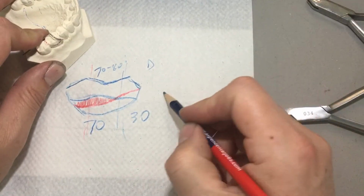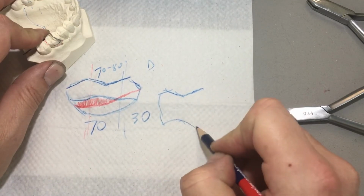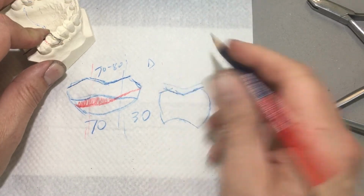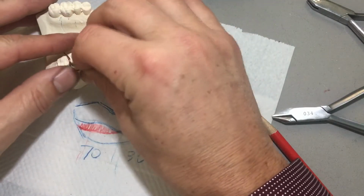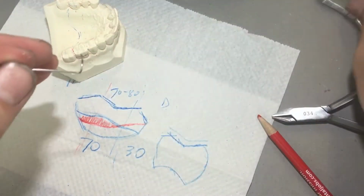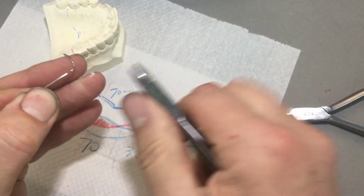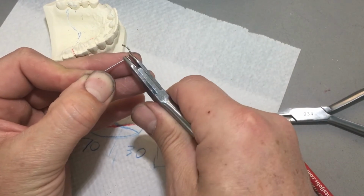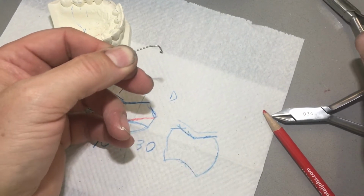If I draw sideways, you know, my molar here, we could bend the wire to go in this configuration to follow the occlusion of the marginal ridge. And what you can do to do that, to keep it out of occlusion as much as possible, I can take my 3-prong pliers and bend it down from the occlusion this way. Bend it down this way. And then reverse the bend on both sides like this. And if I show you this way, you think you'll understand what I'm talking about. You see how it's got a bit of a